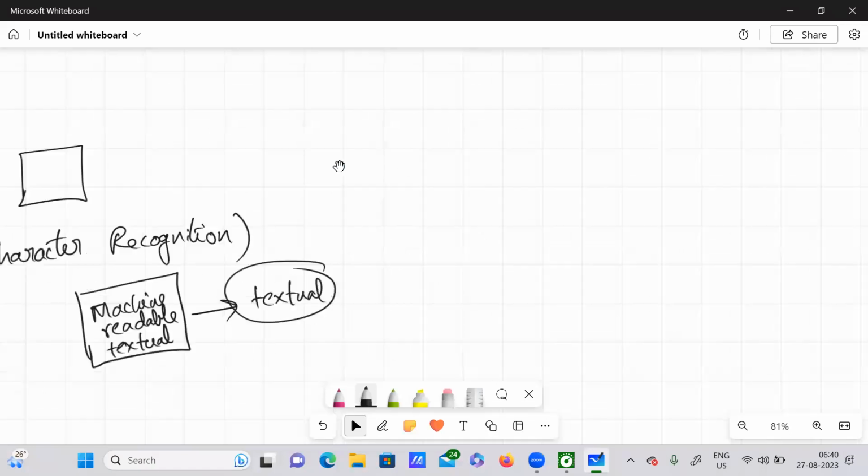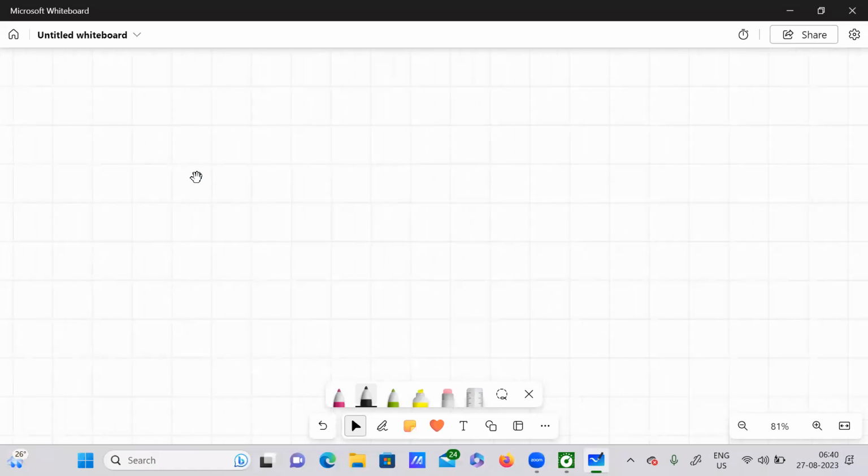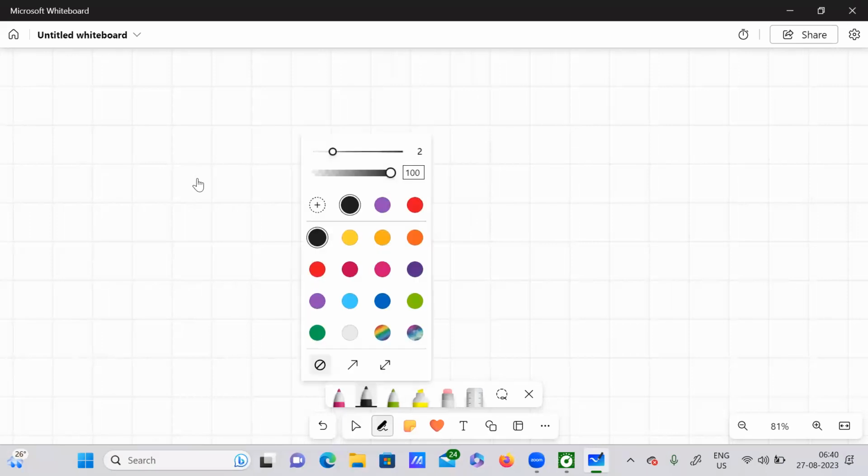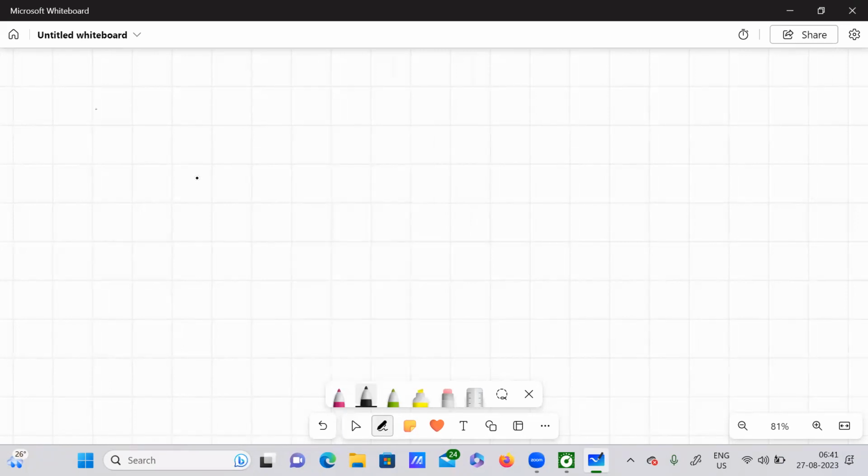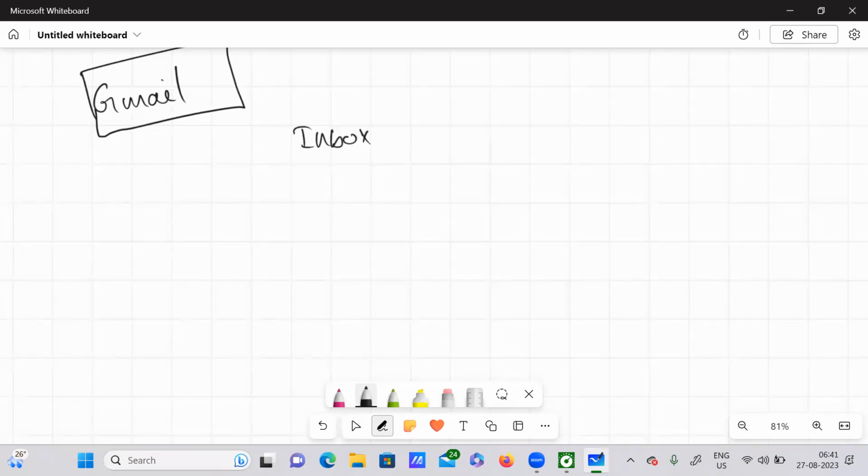Now I'll give you an example, this time a very close example to your life. Everybody uses this application, Gmail. Whenever you go to Gmail, we have so many columns under our menu. For example, we have inbox.